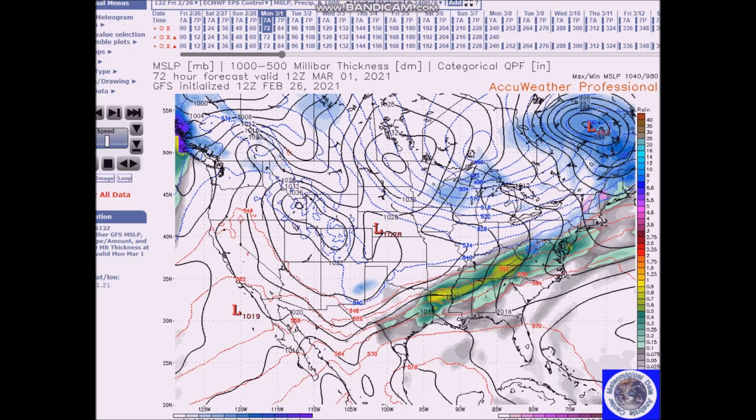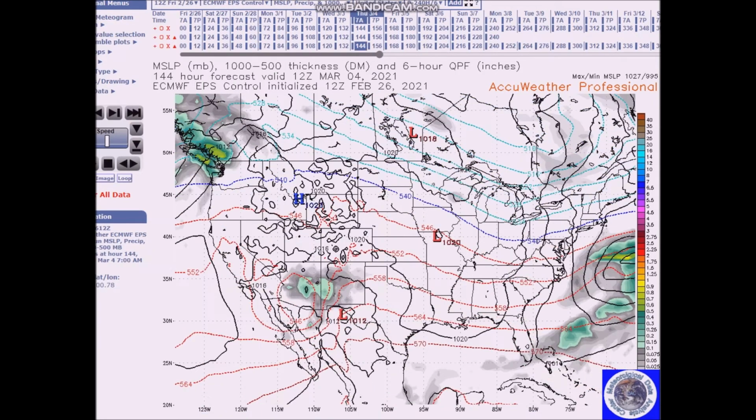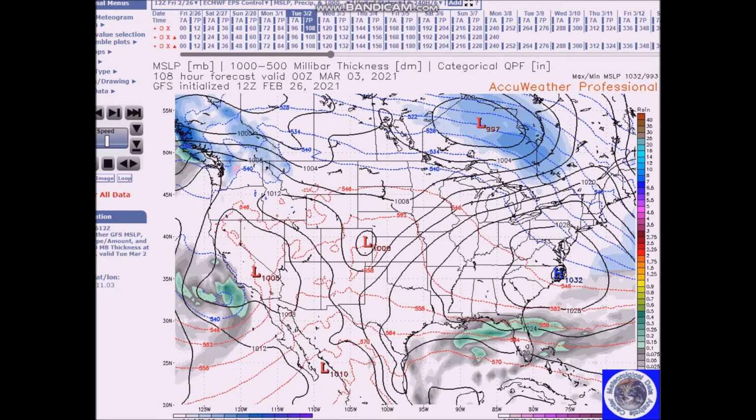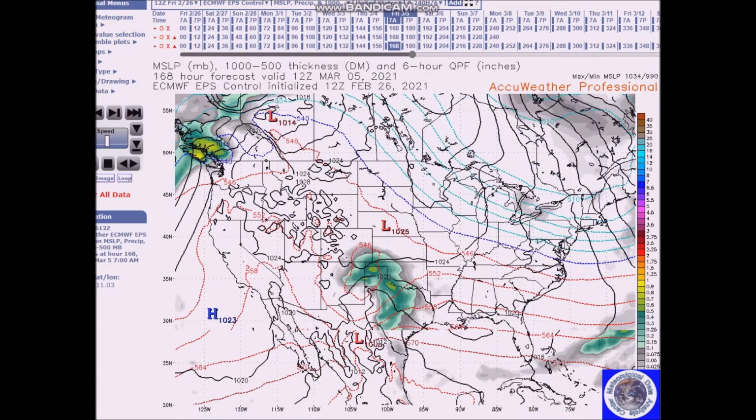Now, the northwest or the west and the northern Rockies could see rain amounts and snow early next week, with lighter amounts spreading into the interior west. So we see the system here brings snow right here. This is GFS right here. Okay, this is going into Wednesday and Thursday. So that's what we're expecting during this period.